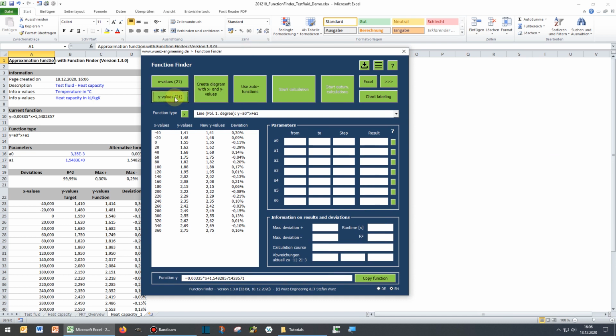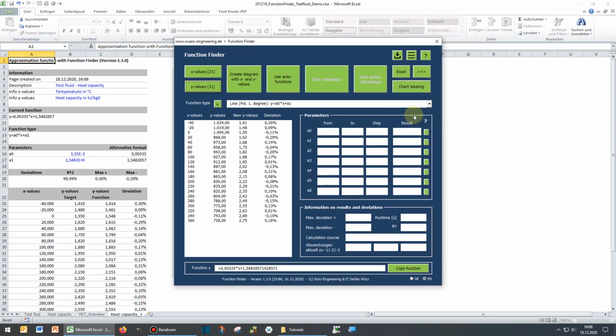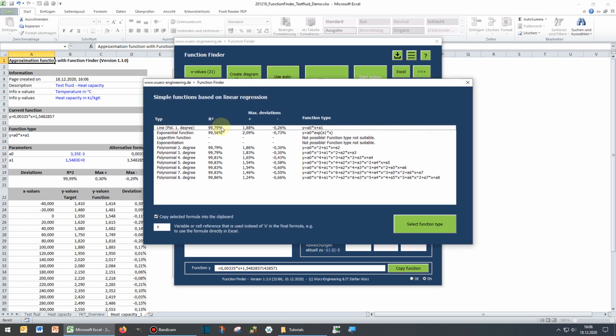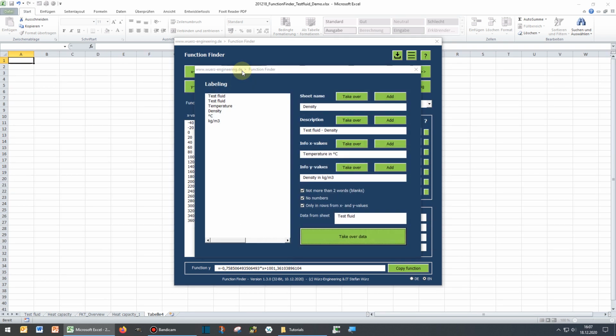Then we just go on and we take the next value, which is the density. We simply read in the y values again, the x values have not changed. I say OK, and I use auto functions again, and I guess I go for the line again. I select this, hit the chart button, take over the information,